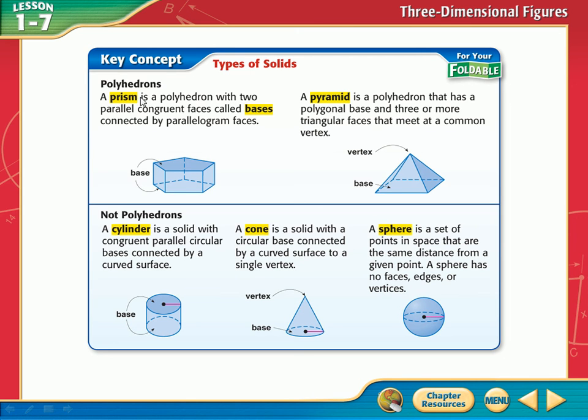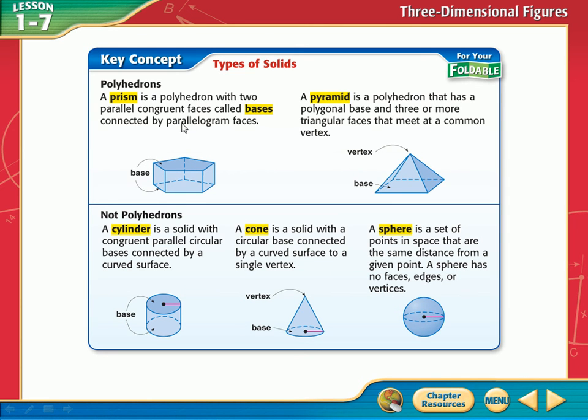It's a prism. So a prism is a polyhedron with two parallel congruent faces. Now, when we say faces, they call them bases. So look, the top and the bottom. See the very top? See the bottom? We call that a base. Now, what's true about those two bases? Does one slant this way and one slant that way, and they come to a point? No. They're both parallel to each other. So this base and this base are parallel to each other. So a prism, the top and the bottom are going to be exactly the same. It's got two bases, not just one. It's got one on the bottom and one on the top, and they're exactly the same.